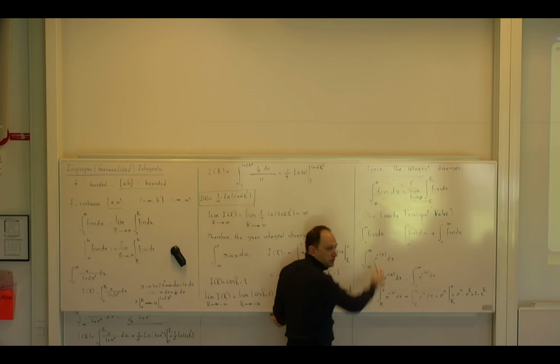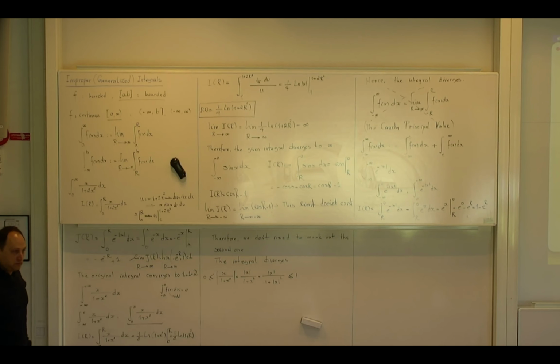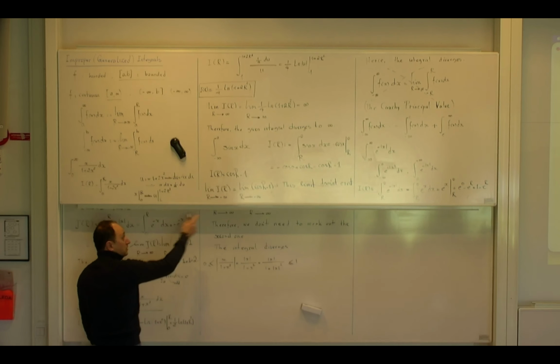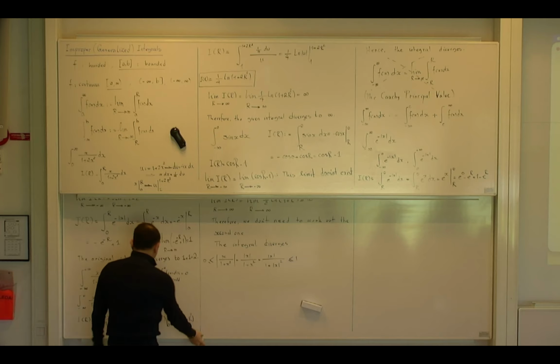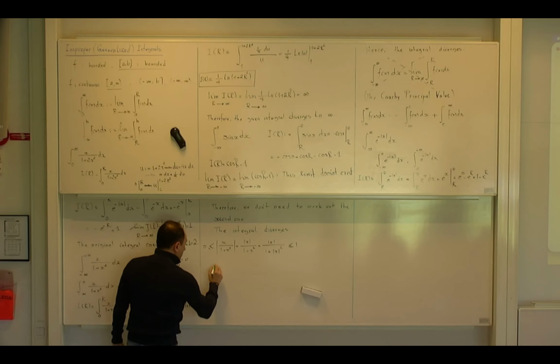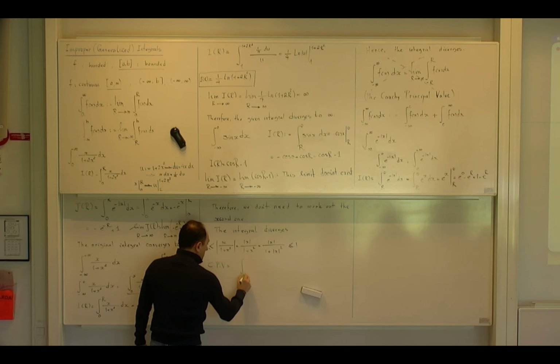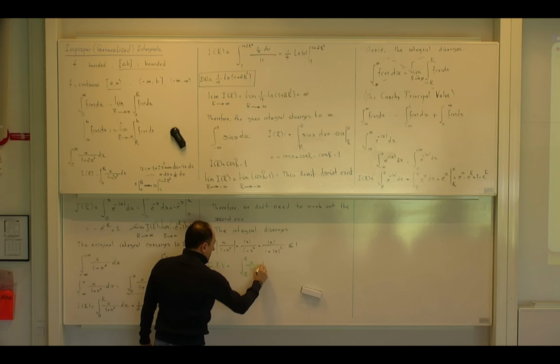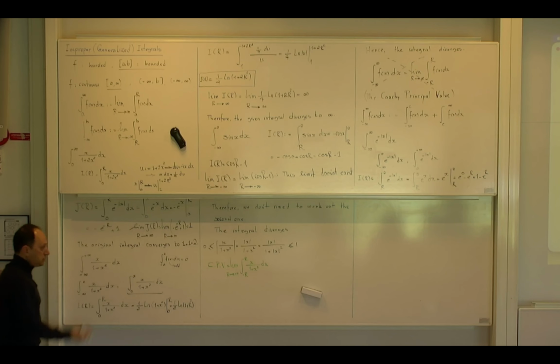Can you tell me what is the Cauchy principal value of this integral? 0. It is 0. Okay, why? Because if I want to calculate the Cauchy principal value, let me change my color. It is not related to this lesson, but it is good to see at least once. So the Cauchy principal value is equal to the integral from minus r to r of x divided by 1 plus x squared dx, and then I take the limit as r goes to plus infinity. Do you agree? This is the Cauchy principal value.